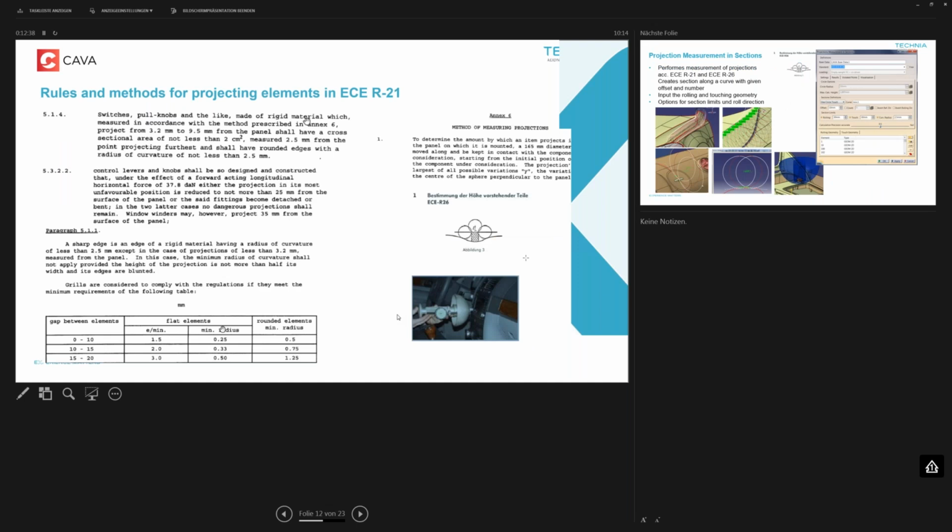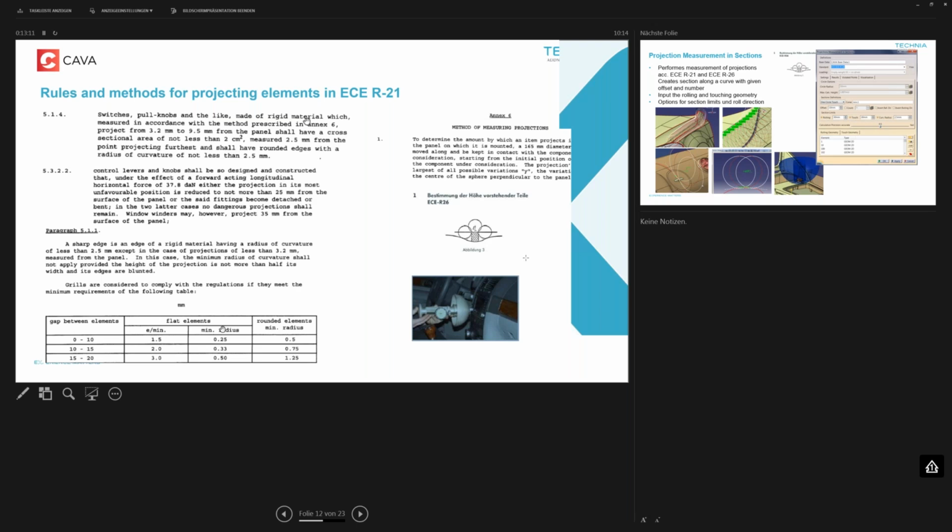But important to know is that for many of the parts you analyze, you will find critical elements. It might be in gaps or in some imprints on the dashboard, like the airbag sign, or also some of your switches and knobs may stand out, also vents, and they may actually have a radius smaller than the required 2.5 millimeters. For that, in the regulations,